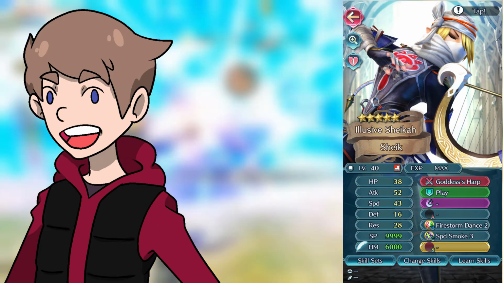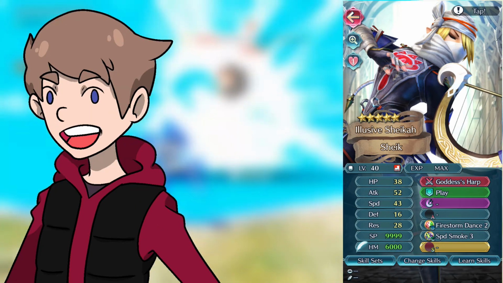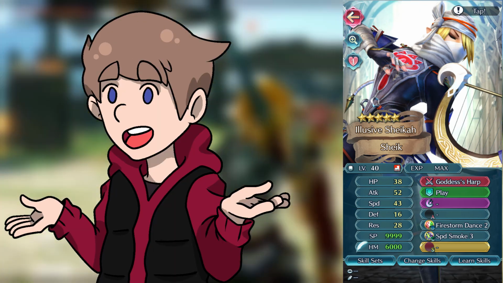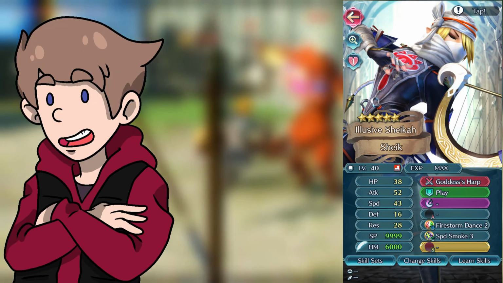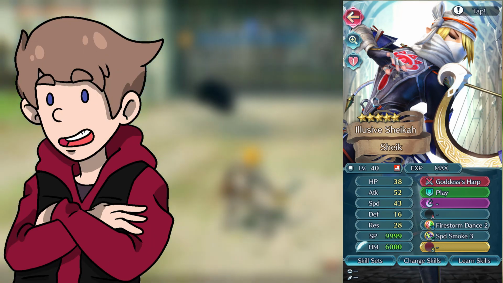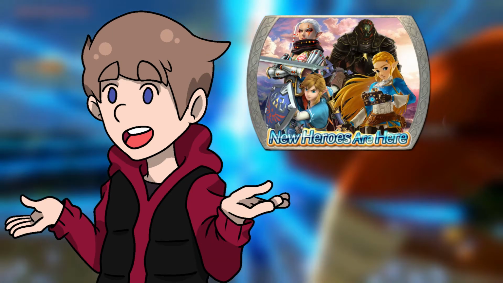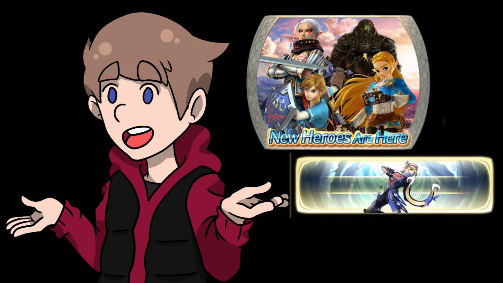It's a really good skill, especially on a free unit like Sheik, and it's something I've been really hoping to see on a dancer like Olivia or someone, but I think Sheik would be an amazing unit with it too. She can dance an ally and then attack herself right after, though positioning is key with her being restricted to 1 movement space. I don't think I've got anything else to say about the banner, so that's all for this